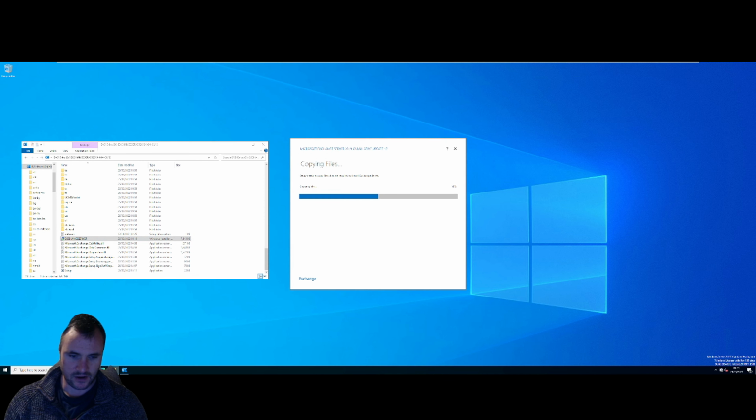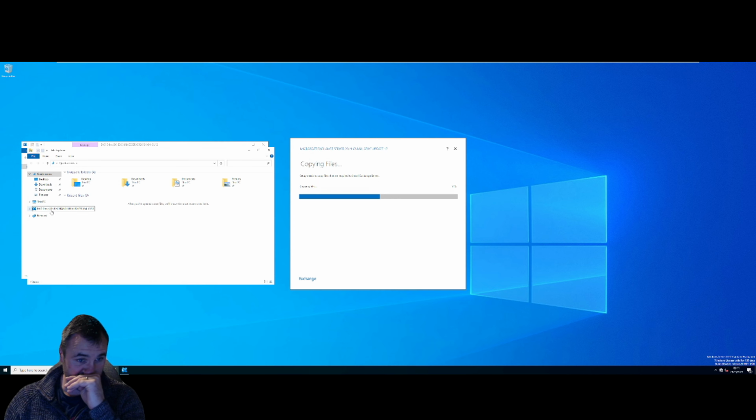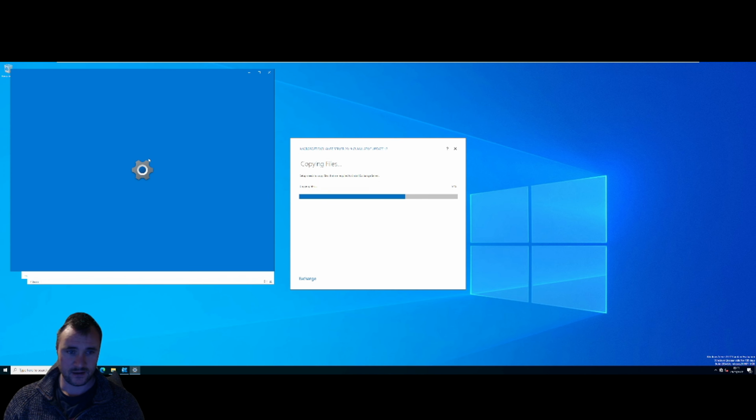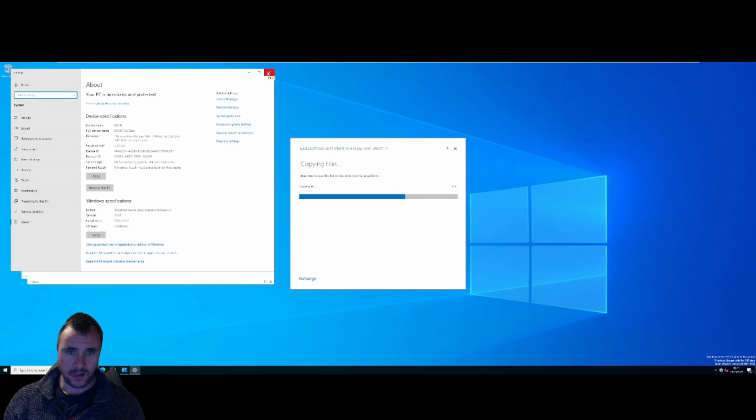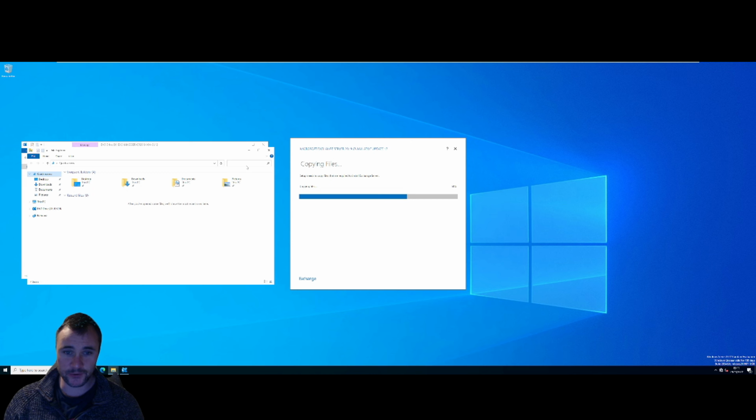I'm just going to double check what the operating system is. So this is Windows Server 2022, and we're installing Exchange Server 2019. So it's nice and up to date,